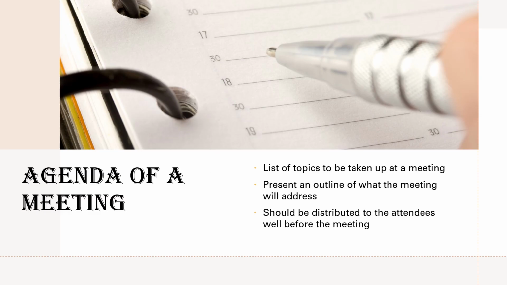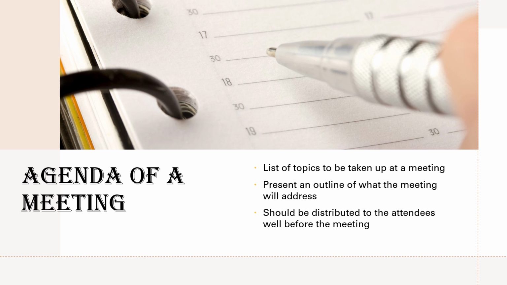Let us now discuss the agenda of the meeting. The very first thing that you should be clear about here is that agenda means the points that you want to be discussed in the meeting. So the meeting has not yet taken place. You are now first drafting the points or the purpose or the objective for calling a meeting. So this agenda is a document that lists the topics or the points that are to be taken up at a meeting, which again, reiterating, is written when the meeting has not taken place.